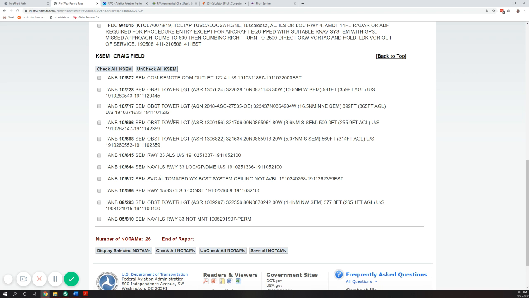Obstruction tower, obstruction tower. Selma runway 3 lighting system unserviceable. Navigation ILS runway 3 unserviceable. Automated broadcast system ceiling not available. Runway 15 and 33 closed. They're doing construction. That's going to keep going on for the next couple of days until the 3rd of